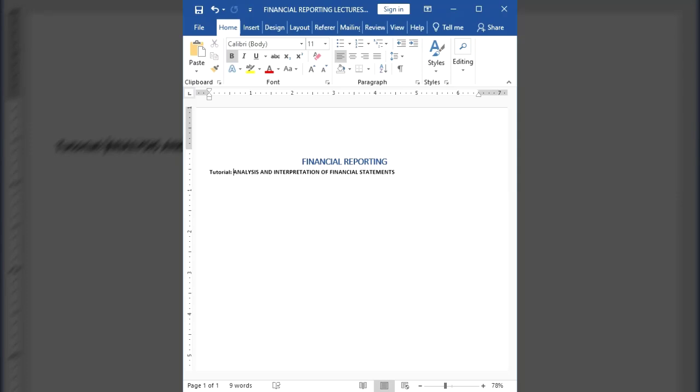Remember that anytime you see a formula called return in a question, that means that your answer must be expressed in percentage. So you must always express your answer in percentage. Otherwise, if the examiner is asking you to calculate return on something and you do not express your answer in percentage,